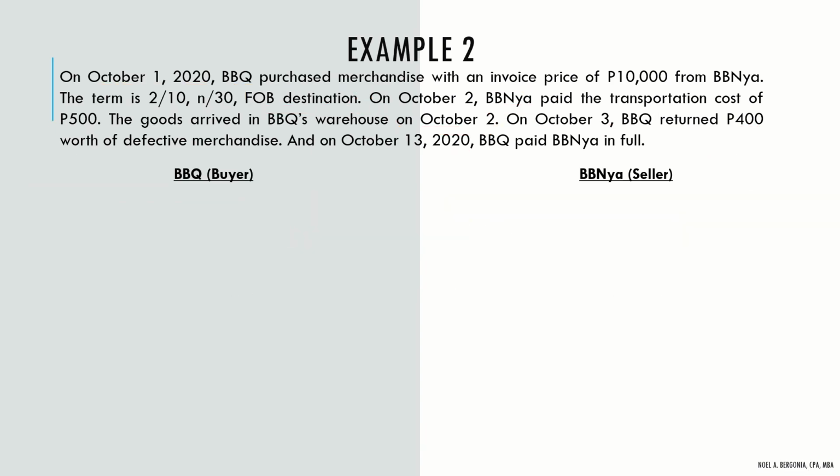So, the next date and the last date actually was on October 13. So, October 13 is what? October 13 po is already ilang days na. October 1 yun yung time na binili natin. That is actually around 12 days na after the date of purchase or invoice natin. Ano ba yung date ng discount? It is what? 10 days lang kasi 2/10 lang. So what does it mean? So ibig sabihin, BBQ was not able to avail the discount. So hindi niya na-avail yung discount kasi nagbayad siya after the discount period.